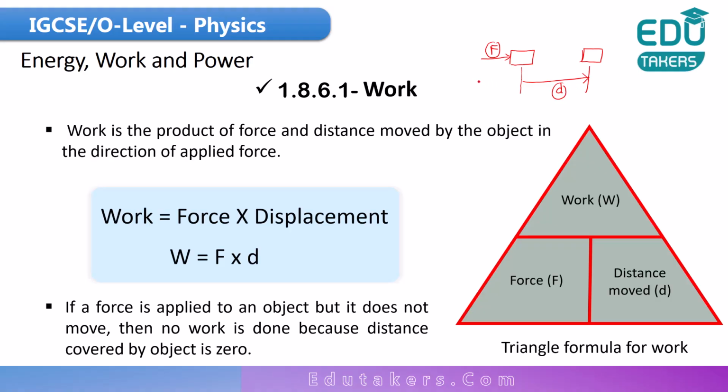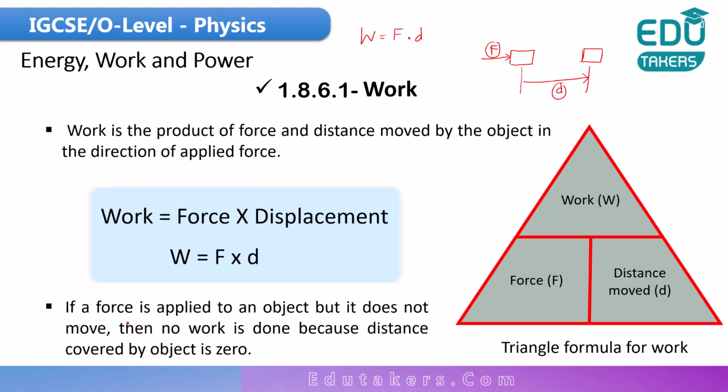Remember the important point that the direction of the distance is the same as the direction in which you apply the force. So I can simply say that work is the product of the force and the distance covered by the body in the direction of the applied force. How can you calculate the work of the object? I can simply write here work is equal to F multiplied by D. Just multiply force with distance to get the work done. If the force and the distance of the object are given, you can easily calculate the work done.